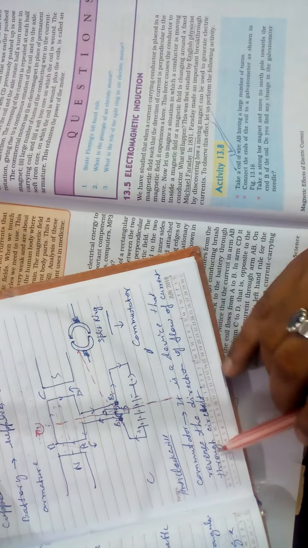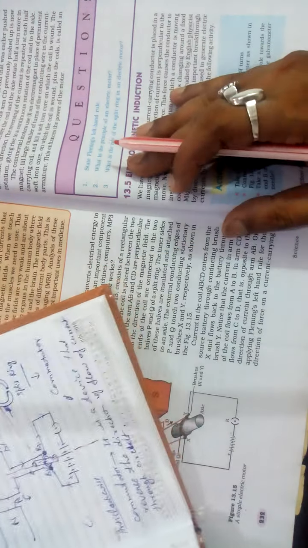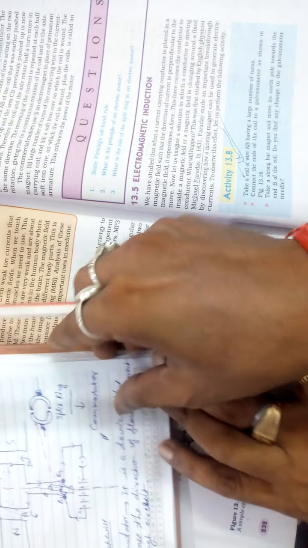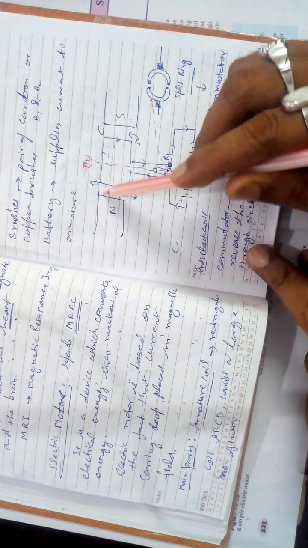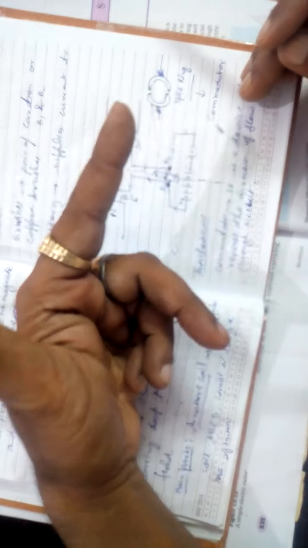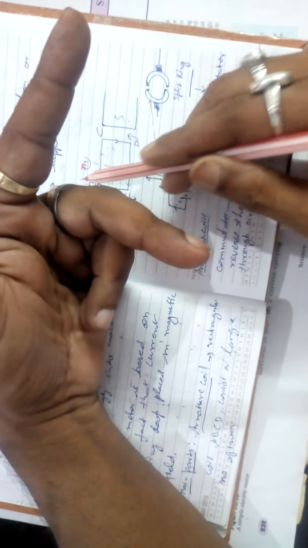Commutator. It is a device that reverses the direction of the flow of current through the circuit, anti-clockwise and clockwise. That you are seeing. So the current is going in this, you are seeing when the current passes through this. Now you see, according to Fleming's left hand rule, it is north, it is south, so this is your magnetic field, but the current is going from this to this direction.